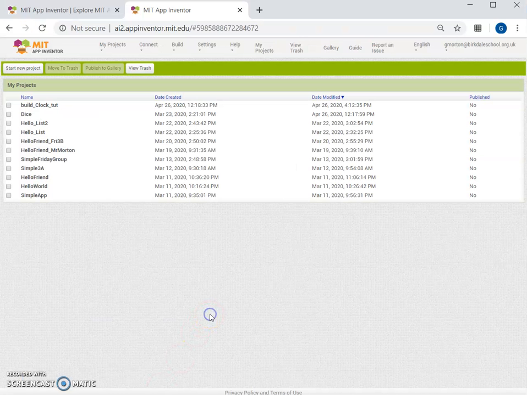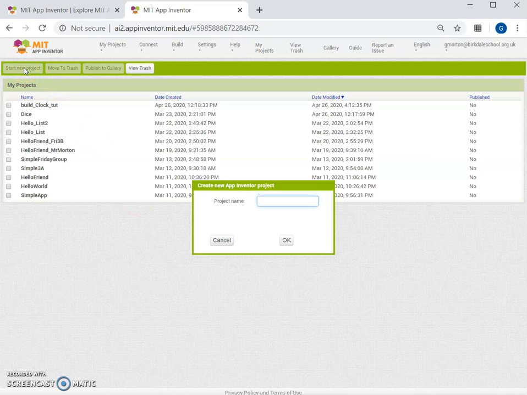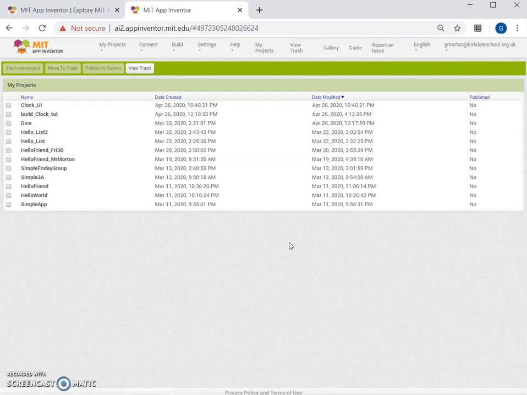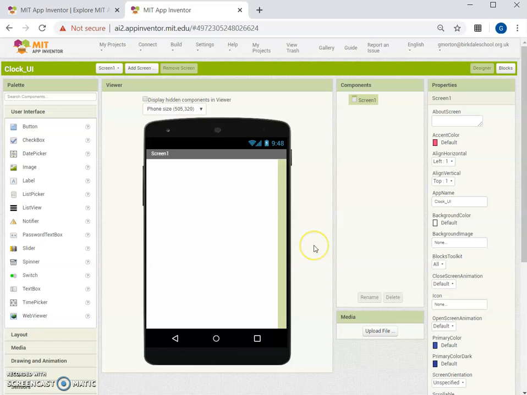I'm going to switch to AppInventor. I'm in my projects section here, and I'm going to start a new project. And my project is going to be called Clock UI. UI standing for user interface. In other words, the part of the application that the end user gets to see and work with. So we have a blank